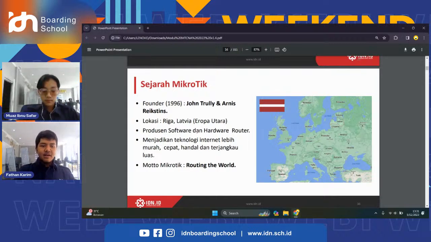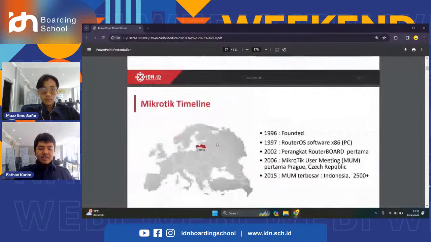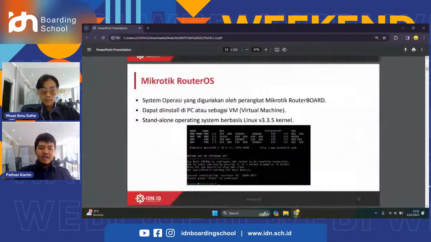It means MikroTik wants to make networking products that route the world. In MikroTik, there is MikroTik RouterOS, which is the operating system used for MikroTik RouterBoards.